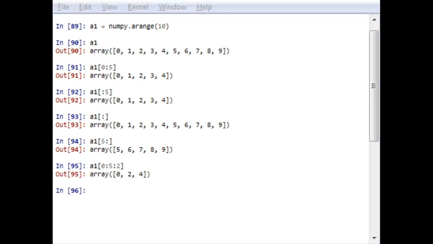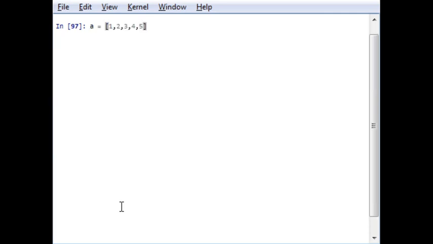Slicing can also be accomplished for a multi-dimensional array. Here a tuple should be passed to define slicing for each desired dimension. For example, let's say we have an array. First of all, clear the command window, and we have an array with reference 8.5. We have another array B with elements 5 to 9.